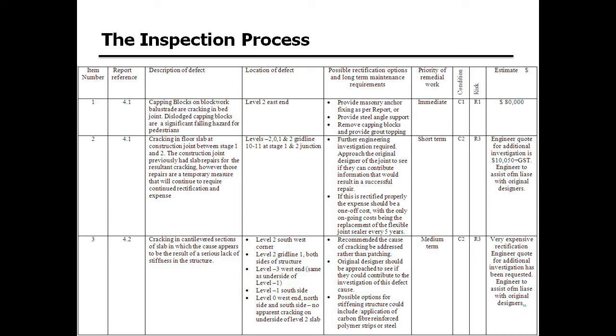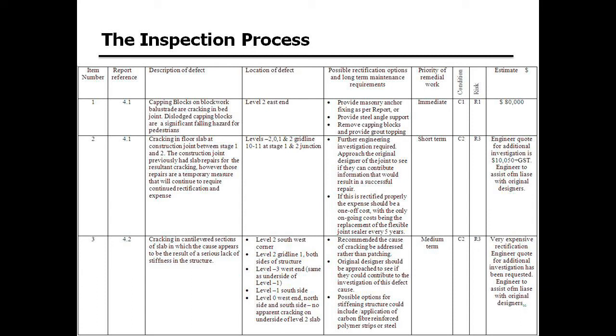I've itemised out the item number, so each specific problem I found in a report, a written report with a summary, evaluation, and a list of considerations for the client, reference point, a description of the defect, so it's showing their capping blocks on block wall balustrade cracking, floor slab deteriorating, those type of things, a location of the defect, so that can actually be identified back to where are we going with this. Quite often I like to support that with photos as well, and maybe a marked up drawing. The possible rectification options, that makes it useful for planning and pricing,